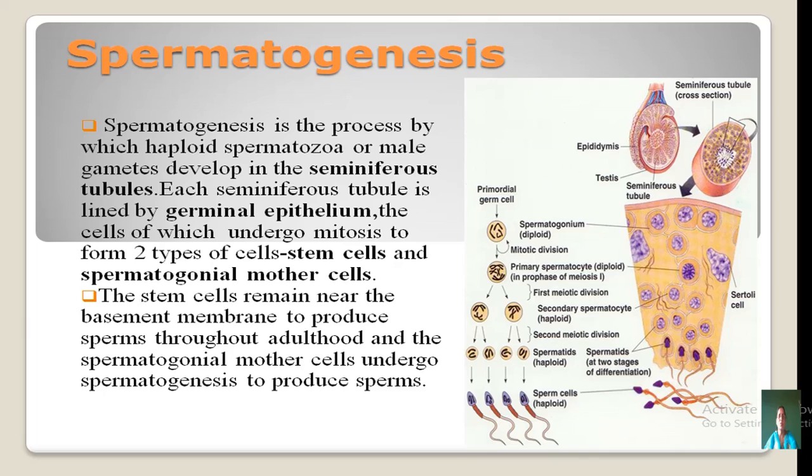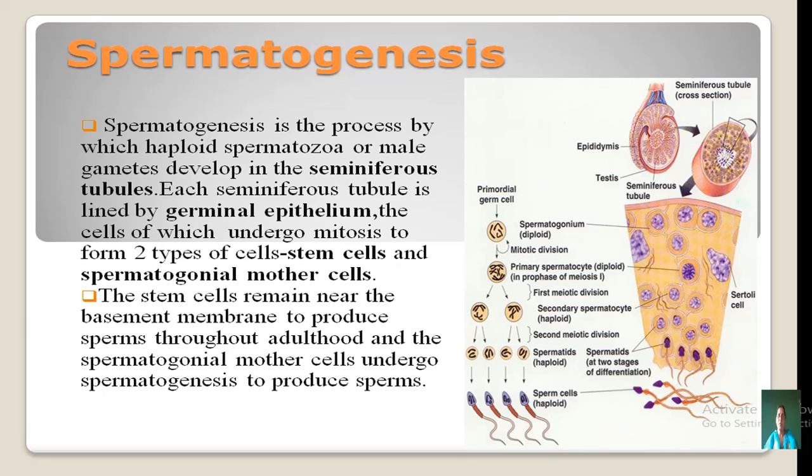Each seminiferous tubule is lined by a layer of germinal epithelium, the cells of which undergo mitosis to form two types of cells. One type is called stem cells, another type is called spermatogonial mother cells. Spermatogonial mother cells means the cells which produce spermatogonia. The stem cells are those cells which produce spermatogonial mother cells phase by phase to produce a large number of sperms